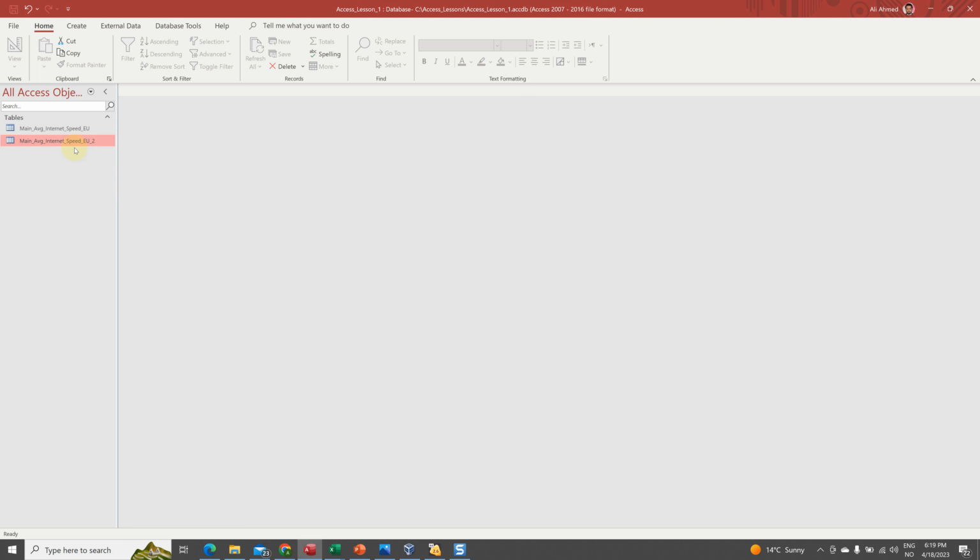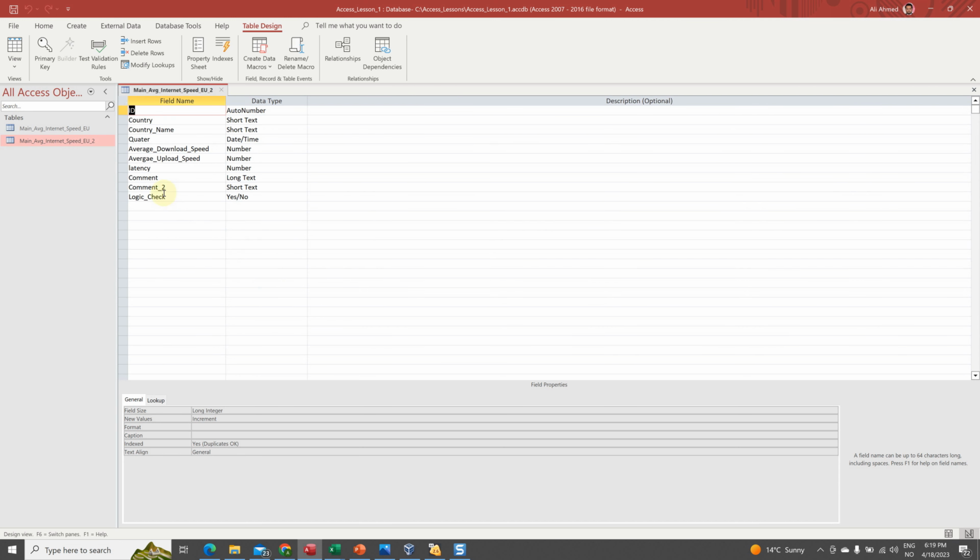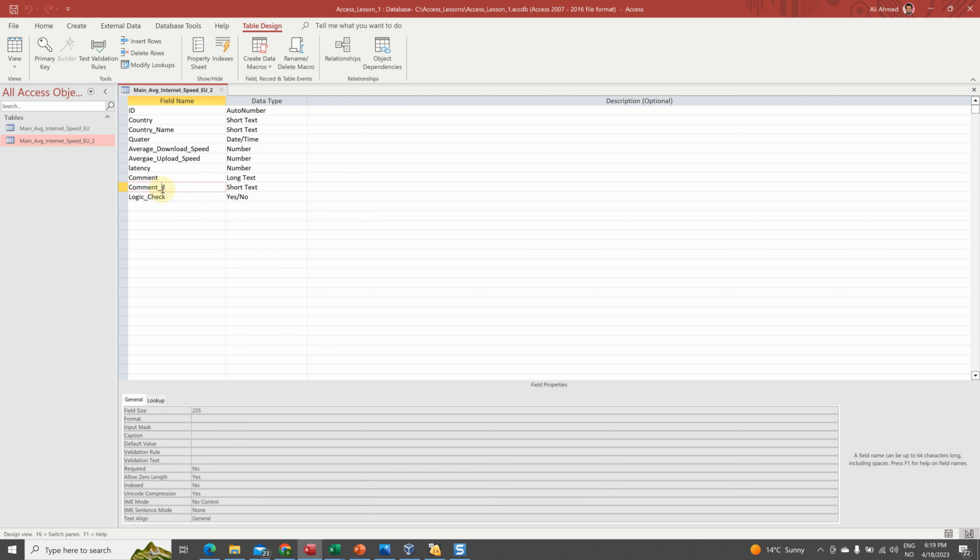So let's go to design view of the table, and let's select this field name, command 2. If you come down here, Required, which we are discussing as of now, the option selected is No. That means if we leave command 2 empty for a single row, then Access will not create a problem for us, or it will not stop us. But for example, if we change it to